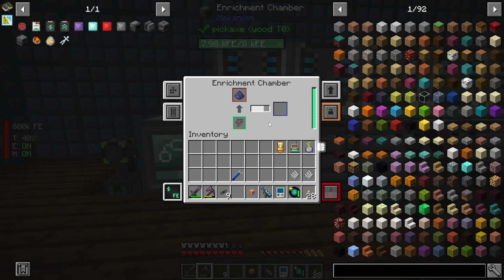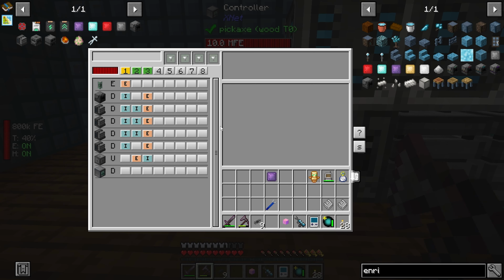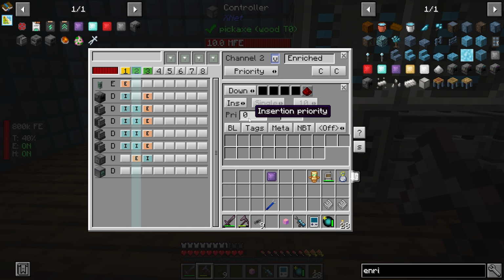So what we're going to do is set this to also keep one of those in stock at all times. And then same thing here. We're going to insert on this one, and it's going to insert that, but only one, right? And you can extract from there. We can pop that in there. And now what it's going to do is